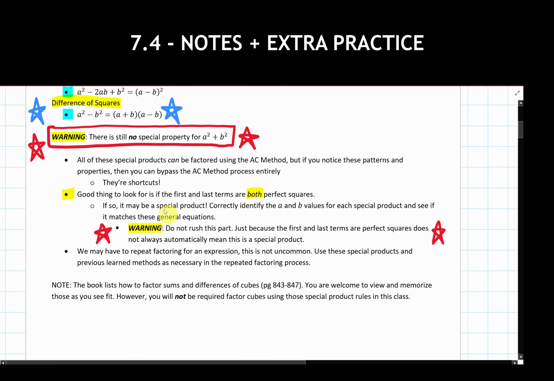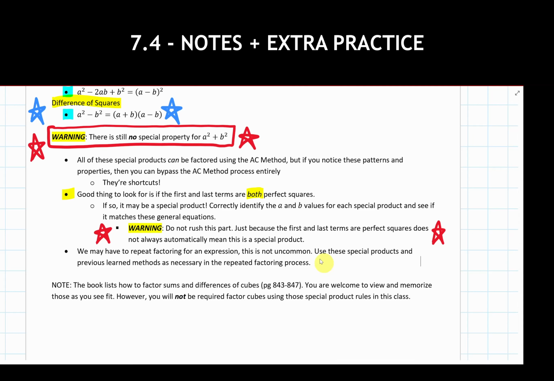And then last but not least, like we saw with that last example, example 4, we can have repeated factoring showing up in these expressions. You always want to be on guard for factoring problems that say, maybe I have to go through the factoring process 2 times, maybe 3 times, maybe 4 times. It's not uncommon for that to show up. I wouldn't expect it to be more than 2, maybe 3 instances of factoring, but depends on what you've been given. You could be asked to do more.